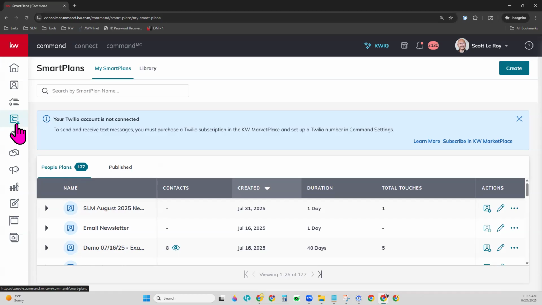Okay. So right here on your Smart Plans tab, you'll notice two tabs right up here at the tippy top. My Smart Plans, those are the ones that you've either created yourself or you've already downloaded from the library. That way they show right here in this chart form, which I'll go through with you in just a second. But that library where the pre-made smart plans are, that lives right here, and we'll deep dive into